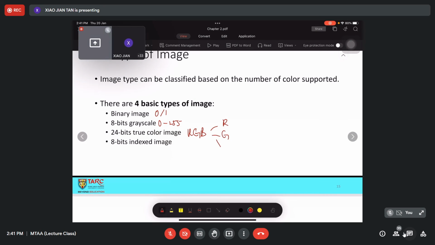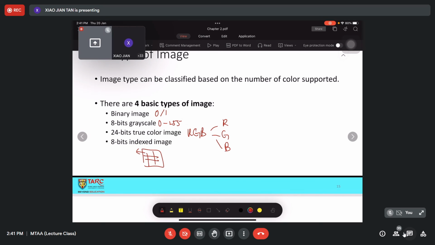Red, green, and blue. Okay, an index image is also a color image, but an index image is a bit different because it is dependent on a lookup table. It is like it gives you a code, and from the code,